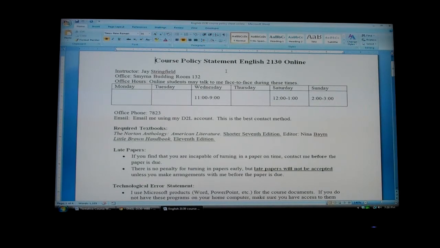The best way for you to contact me, of course, will be your D2L account to email me. I'll check that daily. But I do also want you to know an option you have. Even though this is an online course, feel free to come by during office hours. I do have my office hours posted here. I've got a good chunk on Wednesday. I do want to say Sunday's office hour is mainly by appointment.